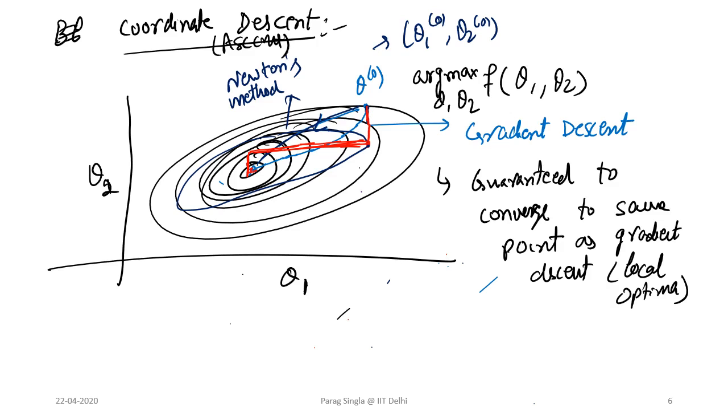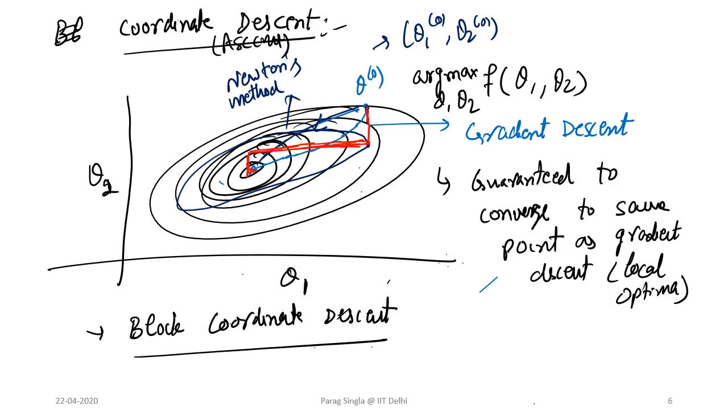And a generalization of this is called block coordinate descent, where we optimize with respect to blocks of variables rather than a single variable. So we divide the variables into sets of blocks, and then we optimize over each block in turn, and this is called block coordinate descent. And in particular,